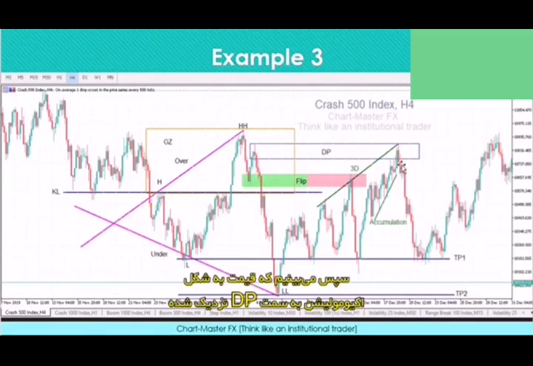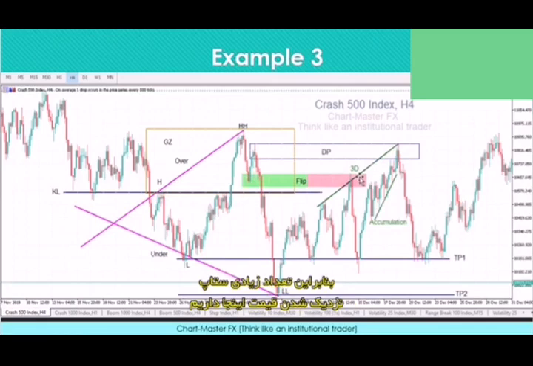You can see accumulation here, and you can also see that we had a 3 drive, and also the flippy where support turned to resistance. So you can see, guys, that we have many price approaching signs here. So once you see all these coming out, then mostly you don't hesitate to place a trade here, at this